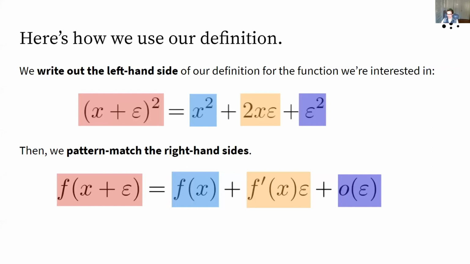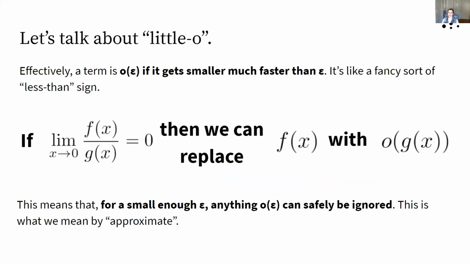So far, so simple. x squared is a function whose derivative lots of people don't have that much trouble understanding. We'll see in a little bit that this same pattern matching technique also applies when it comes to vector calculus, and in that case, it's much easier to do. So I want to talk a little bit about this little o term.